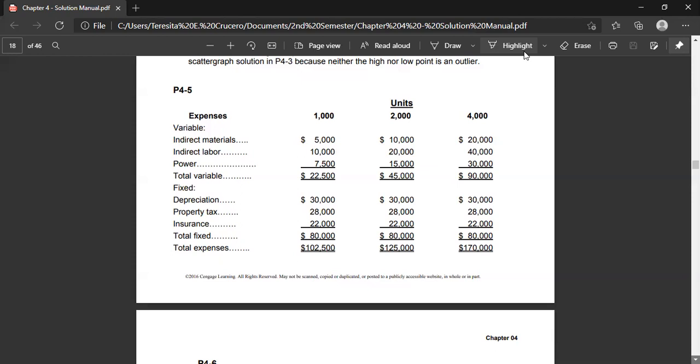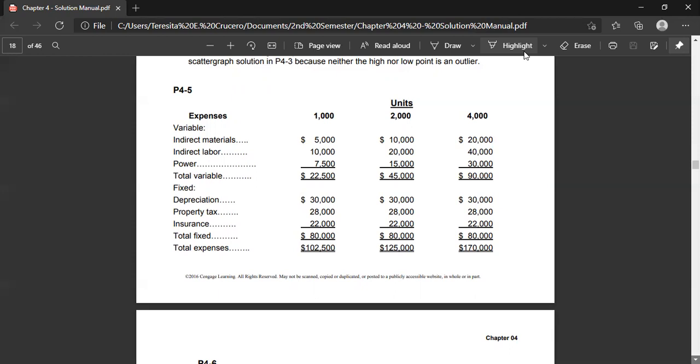We have 10,000, 20,000 and 15,000. Here we have 30,000, 28,000 and 22,000. Total here is 45,000 and here we have 80,000. So at the capacity level of 2,000 units, the total cost is 125,000. Okay. Now, if we determine the cost at 1,000 units capacity level, observe that your fixed costs are still